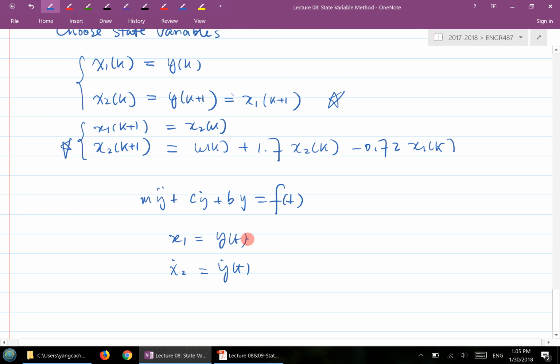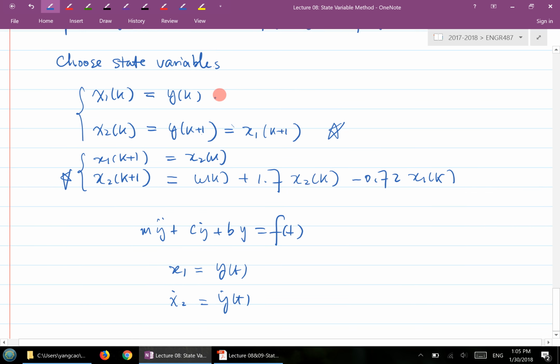Is that good? So let's have a few exercises. I think there's always a little adjustment to get used to the discrete domain here, because we're always used to the continuous domain. When you see position and velocity, it's very easy to understand. So you see now the way I pick the state variables here, we end up with two